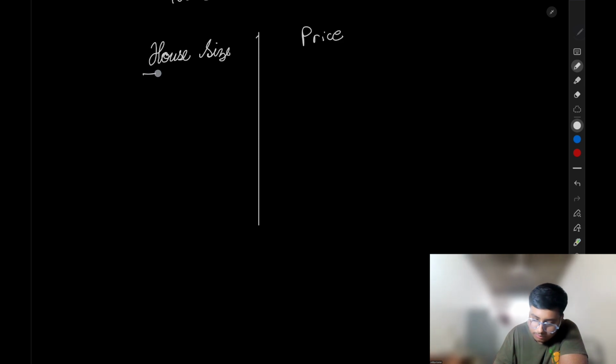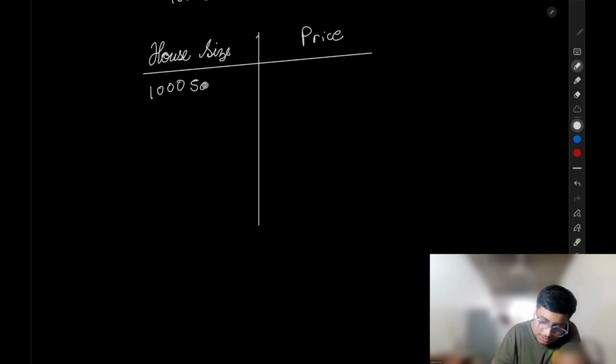Let's do it in a beautiful way. This is my beautiful way. For example, if a house is of 1000 square feet, let's say its price is